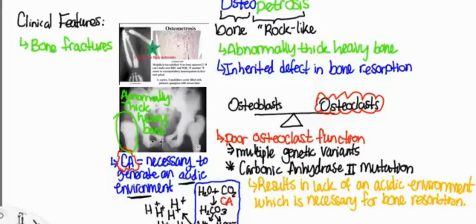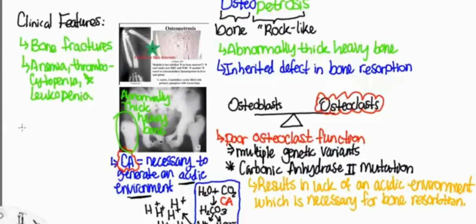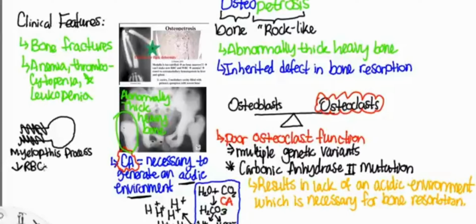And in order to make strong bones, you need to have a balance between the osteoclasts and osteoblasts. Patients can also have anemia, thrombocytopenia, and leukopenia. This occurs because the thickening of the bone replaces the medullary space, which is called a myelophthisic process, which knocks out the ability for hematopoiesis, which means generating blood cells. So if hematopoiesis is knocked out, individuals end up with anemia, low red blood cells, thrombocytopenia, low platelets, and leukopenia,